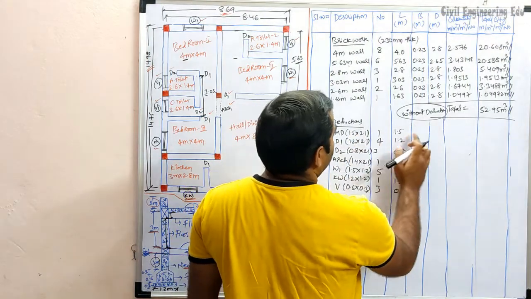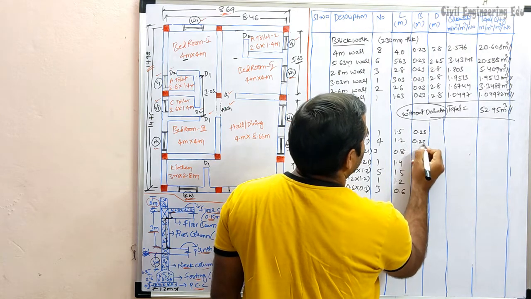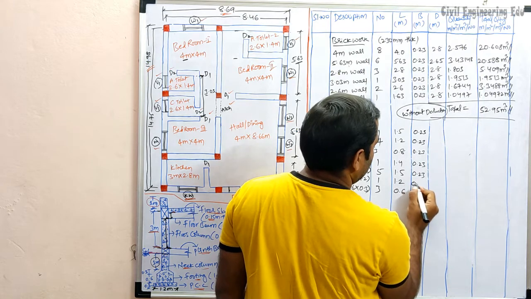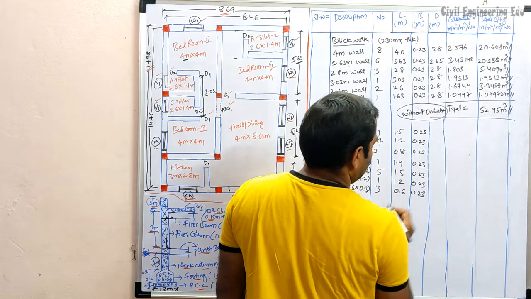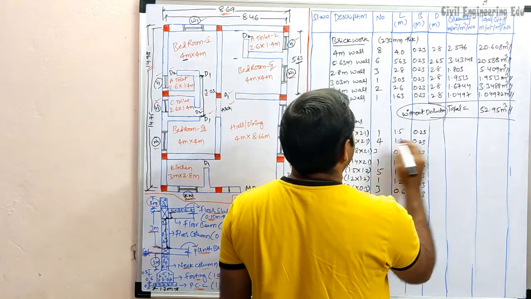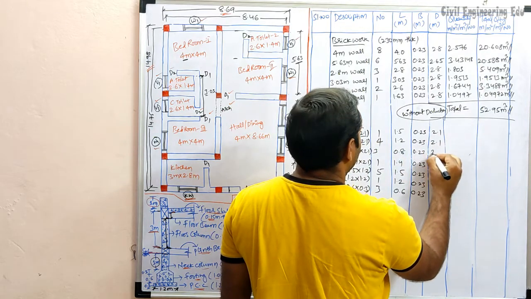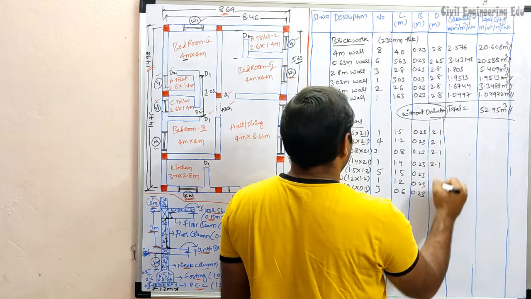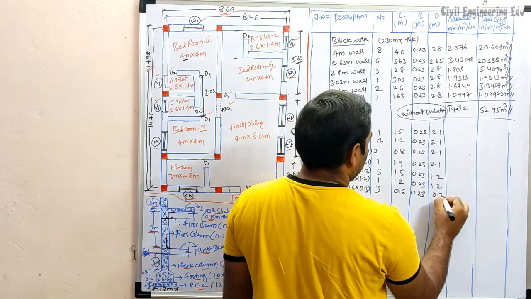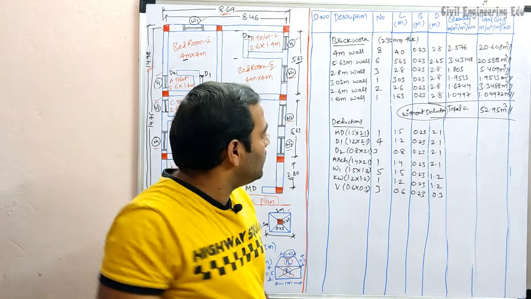So next, breadth of walls. So it will be same, 0.23 only. So wall breadth will be same. And coming to the height of this deduction, so this we have to take 2.1, 2.1, 2.1, 2.1, and for this one 1.2, 1.2, and this is 0.3. So for this we need to calculate the quantity.